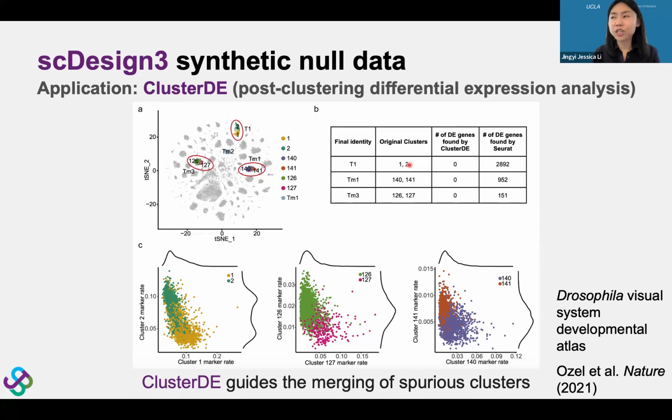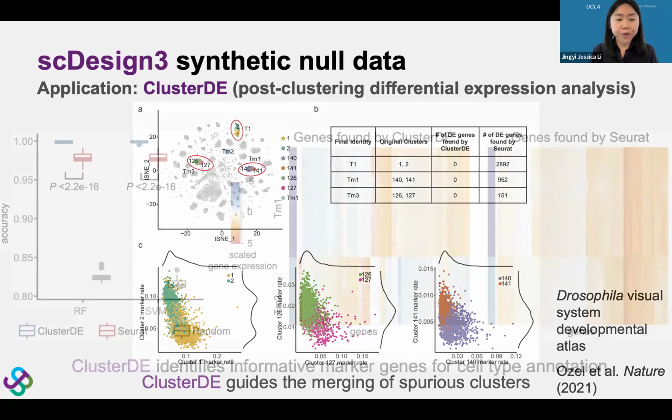So these two clusters have the same label T1. These two have the same label TM1. These two have the same label TM3. So we just ran our cluster DE on the two things here, and we didn't get any DE genes. But using Surratt, we can have hundreds to thousands of DE genes. And we use this plot to confirm that there is indeed no strong evidence to support their separation as distinct